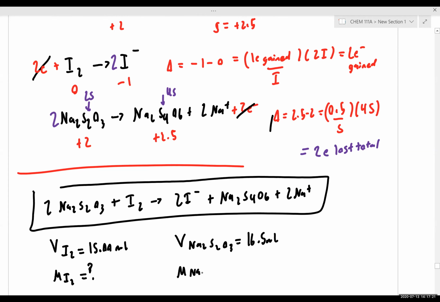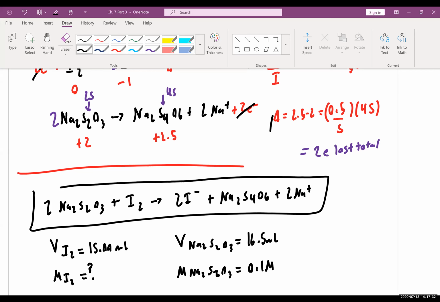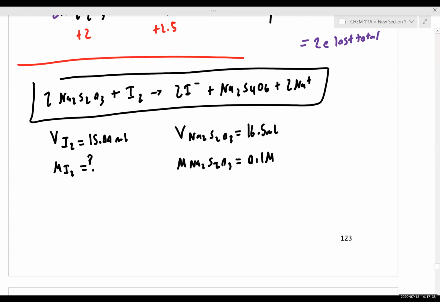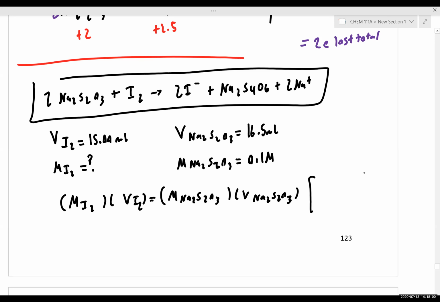And the molarity of our sodium thiosulfate solution is equal to 0.1 molar. Okay, so now that we have all of this information in hand, what we're going to do is solve for the molarity of iodine. The molarity of iodine times the volume of iodine is equal to the molarity of sodium thiosulfate times the volume of sodium thiosulfate times our mole to